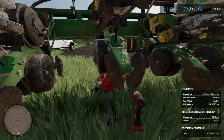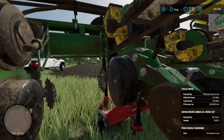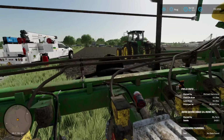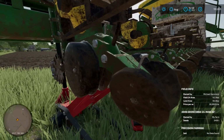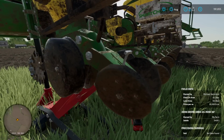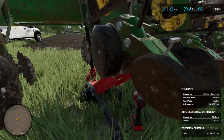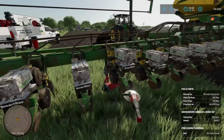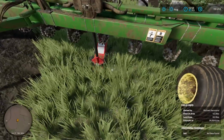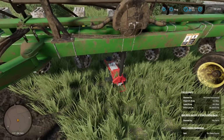Now let's just check. I think something else is bent in this. There's no way that with the rock that he hit, which is right over yonder, that this did not get more messed up. I mean, the closers, those are fine. It's a plastic, which is really surprising it didn't break that. But I think his gap might be messed up right in here somewhere. He says it's not, so I'll take his word for it, because I'm only out here to get paid for what I'm told is wrong. I can inspect it, but then that's going to cost him more money, so...